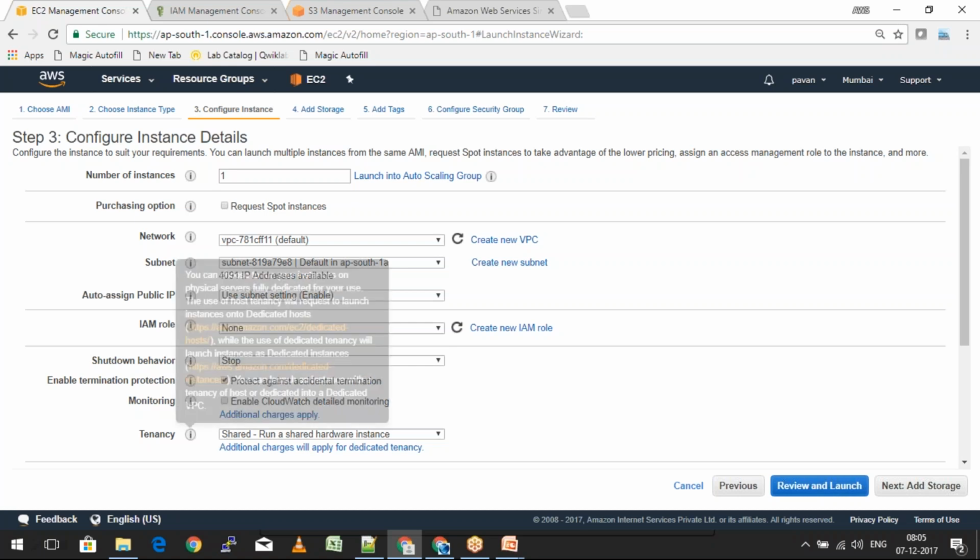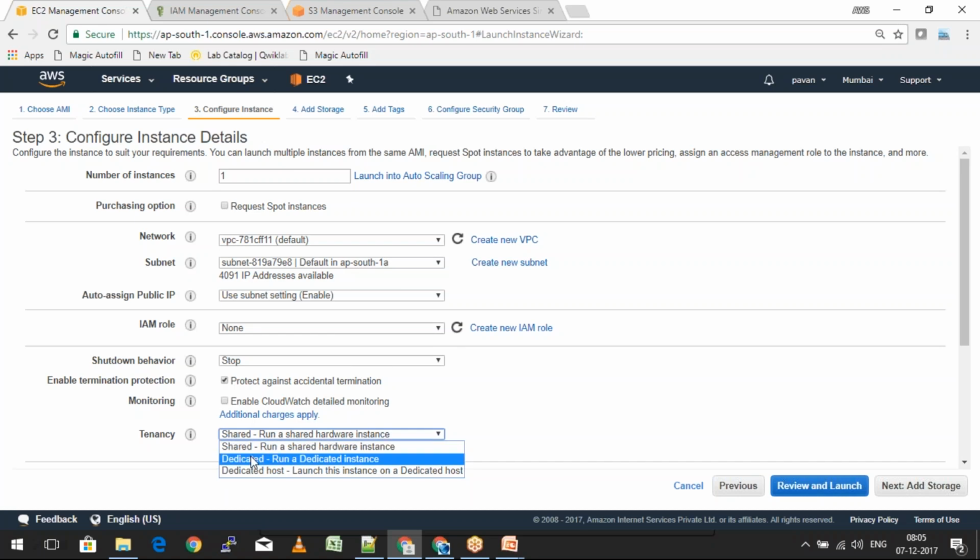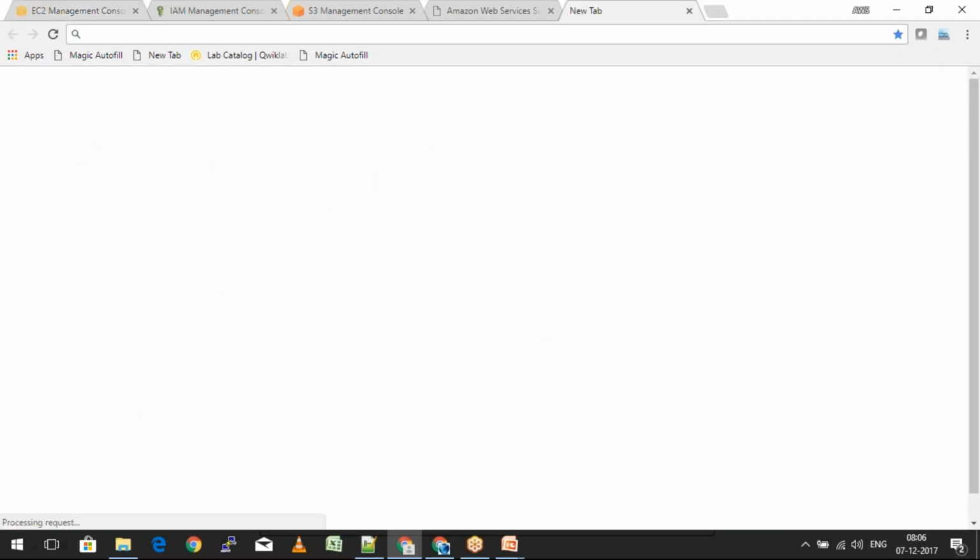And the tenancy is basically whether you want to have a shared hardware or whether you want to have a dedicated hardware. So specifically, all the instances that we launch as a part of free tier will be on a shared hardware. So if I go for the dedicated hardware, it is going to cost me a little bit. Now, what's the dedicated hardware and a shared hardware? So usually the